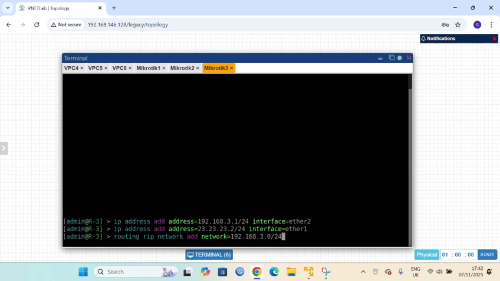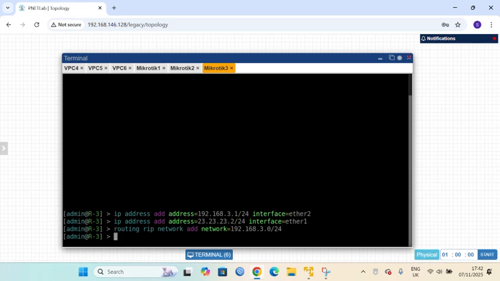We enter, and 23.23.23.0/24. Why do we use the 0? Because 23.23.23.0 and 192.168.3.0 are the network IPs. Okay, we enter.